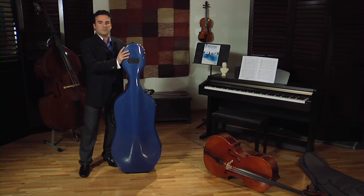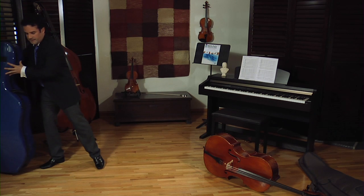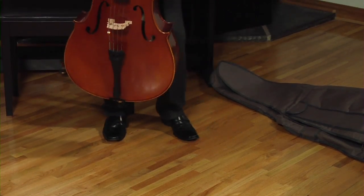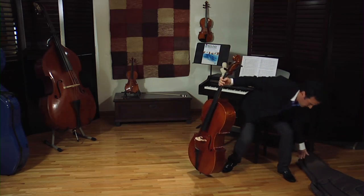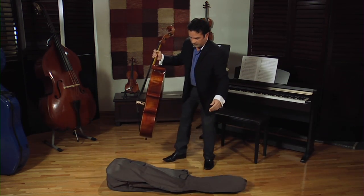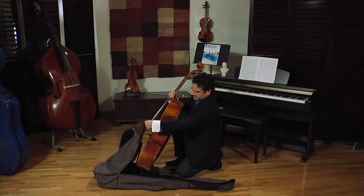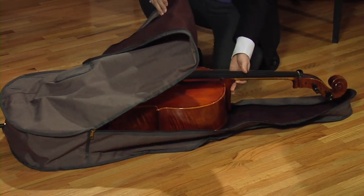Now I'm going to show you how to put back a cello into the soft case, as some of you may have that instead. Grab the instrument, always very sturdily, making sure you have a good hold of it. Grab the case and put it in front of you. Then fold back the open case so you have the space to just roll the instrument right into the case,